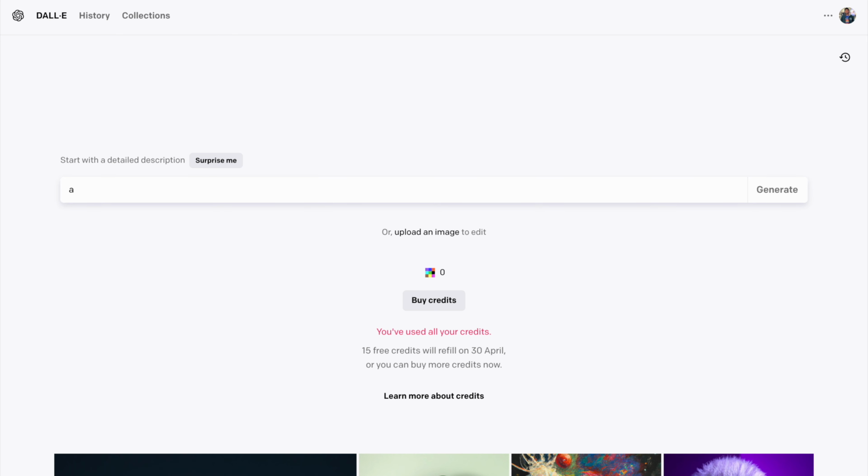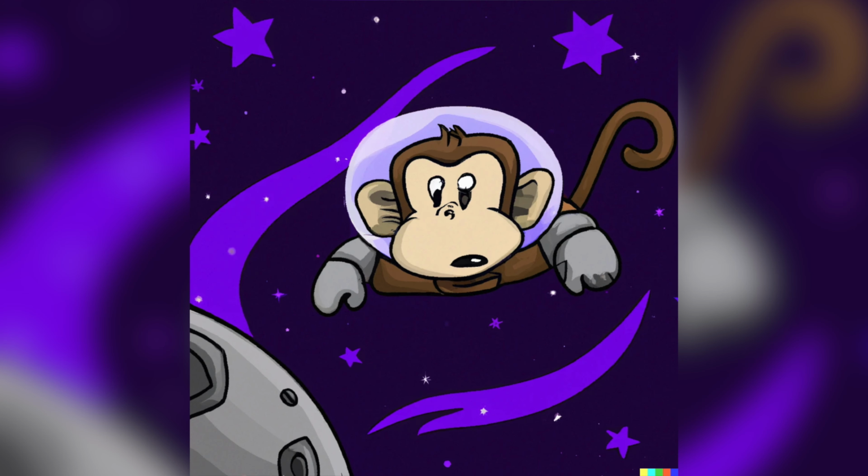For example, you want an image of a cartoon monkey in the space. So you have to just write a cartoon monkey in the space and hit enter. So you get this beautiful image of a monkey somewhere in the space. It's really great. And adding on to this, it takes into consideration every single detail given by you in your